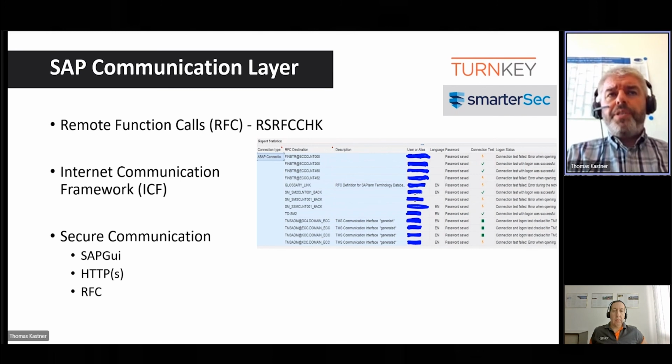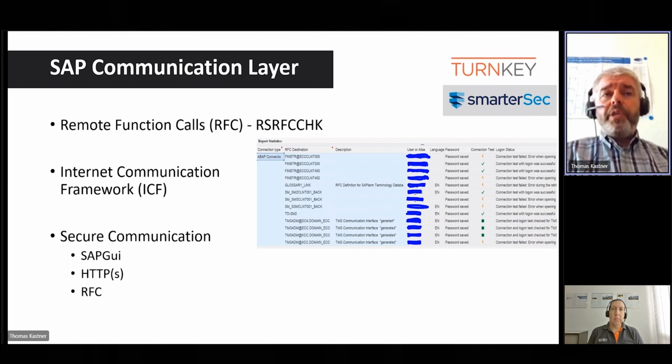I've mentioned secure communication, which is not just for RFC connections or ICF services. HTTP must not be used. Use HTTPS instead, and even SAP GUI can communicate without encryption.